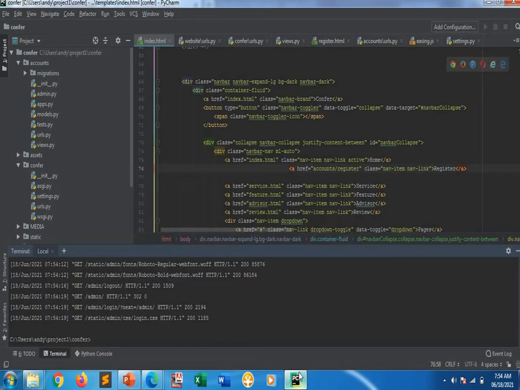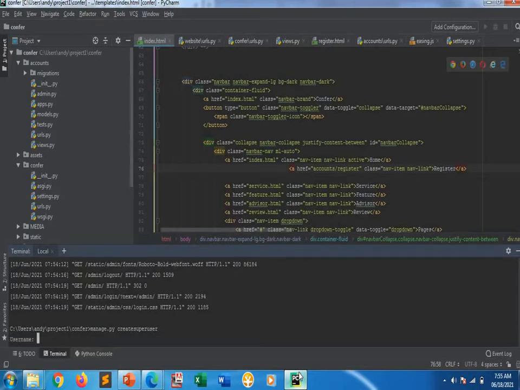The command is manage.py createsuperuser. Let's press enter.